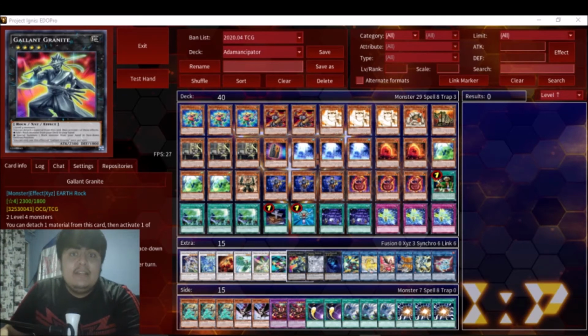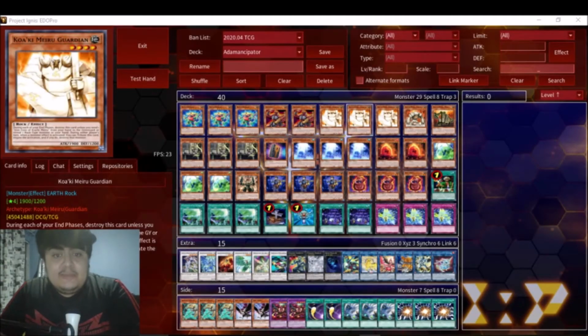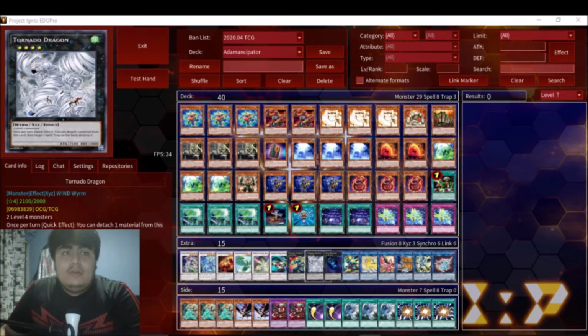I prefer to leave Quackimero Garden on the field to negate, and to use it as material for Granite and searching Block Dragon and being punished for special summoning 5 times in the turn. For the record, I don't crave for an Ibiru, okay? Tornado Dragon is for the Elixir, Altergeist,